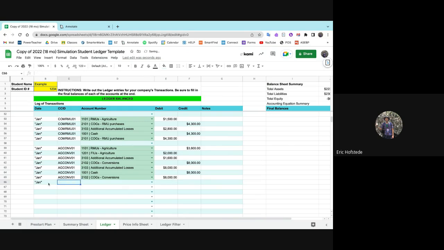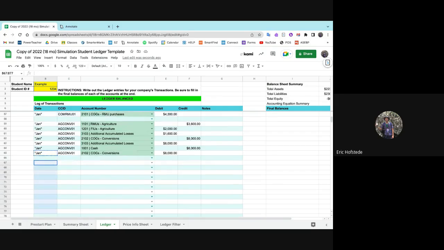All right, one thing to keep your eye on anytime you're doing conversions is you want to have 7 lines. All right, your RMUs turn to FIUs, you get a loss, you get a bill, you lose more, you pay the bill, and your bill goes away. 7 lines for every conversion. All right, I didn't just have agriculture, I also had commerce, but we can use copy and paste to our benefit. Remember, we want 7 lines,